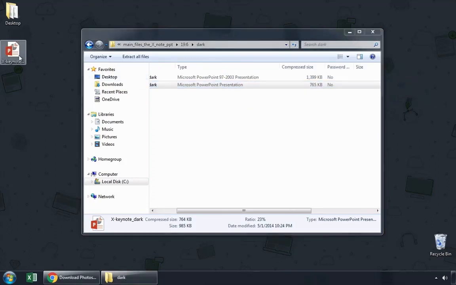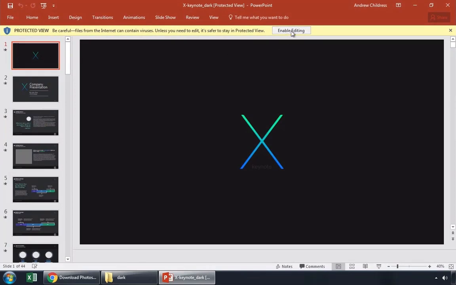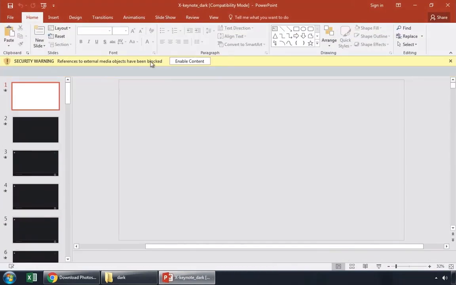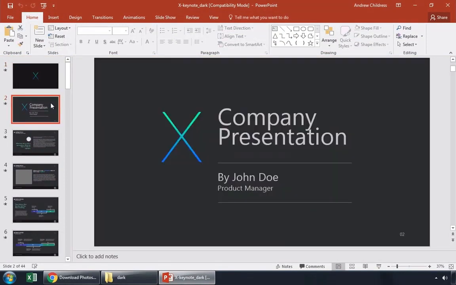Go ahead and double-click the file to open it up. Now we're inside of the starter file for the X-Note. Throughout this course, we're going to take the bones of this presentation file and re-architect it for our own purposes. The value of starting with a presentation template like this is that it comes with better slide designs than I